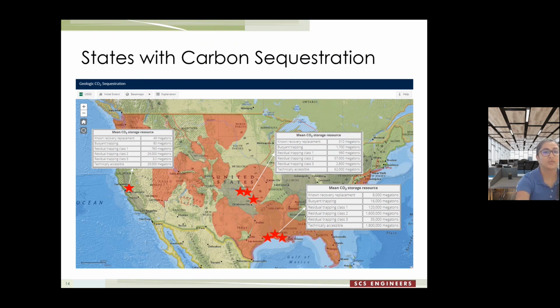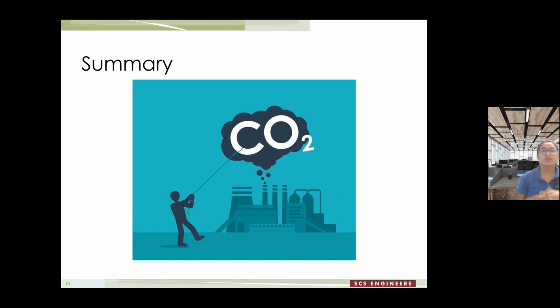So just to summarize, carbon sequestration is a very up and coming technology which will help our fight against climate change. And as I said, we have a lot of in-house expertise that SCS